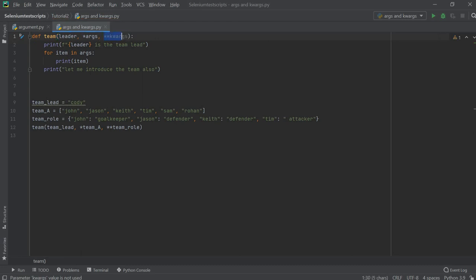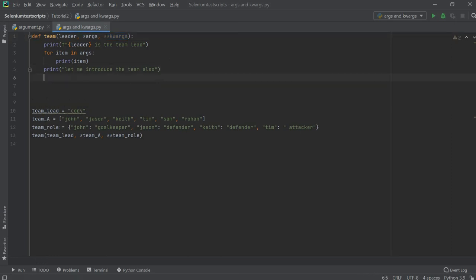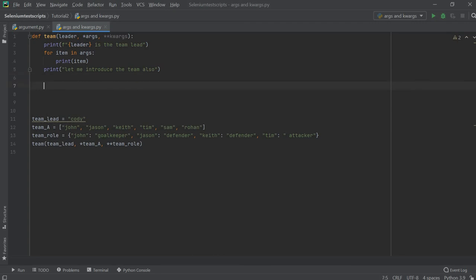This is how we can access the dictionary or the keyword arguments. Inside this, this is the dictionary, and if you remember how we access a dictionary, it is key, value, because it contains two things, key and the values. For key and value in kwargs. I hope the spelling is right, kwargs.